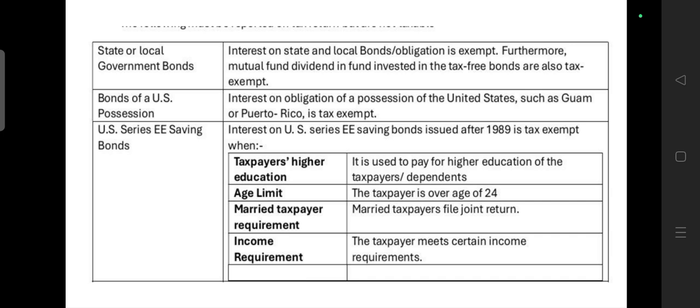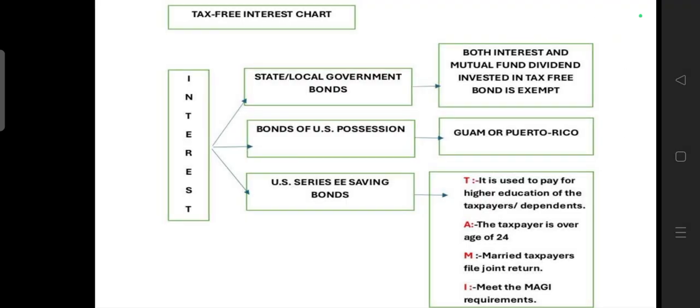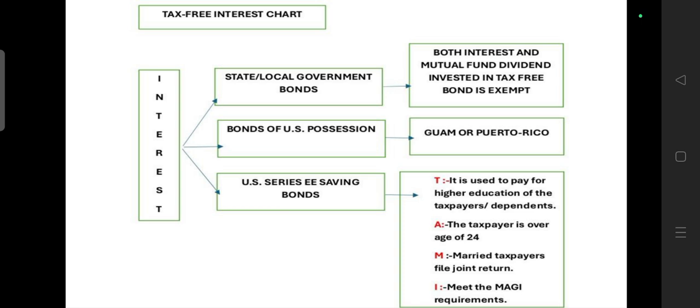Then married. If I have a daughter of 24 years or more, they may be married. In such cases, they have to file the joint return. If they file returns separately, they also won't get this benefit. Then there is an income requirement, the modified adjusted gross income requirement is also there, and we will go through that later. To sum up, let us just go through, see the diagrammatic